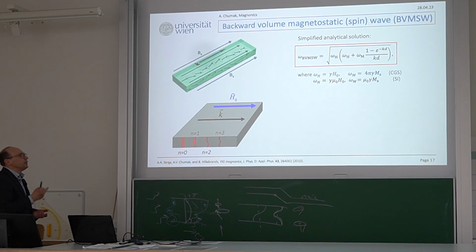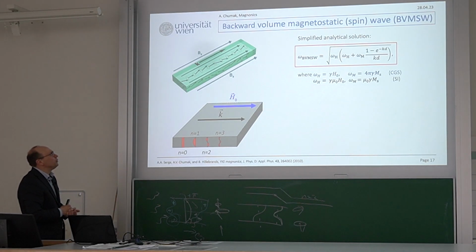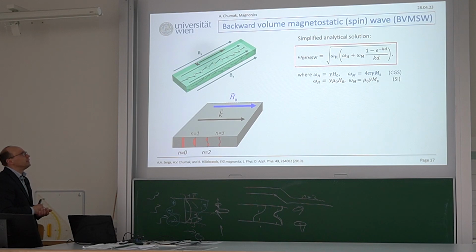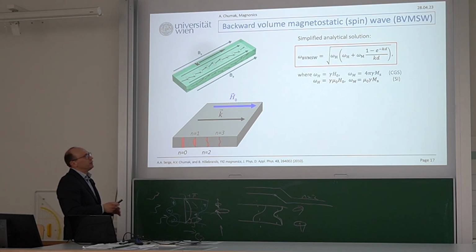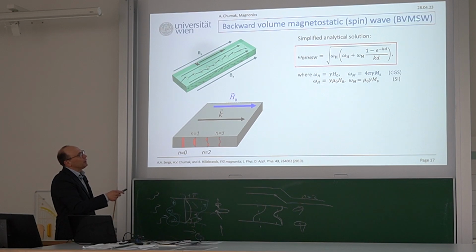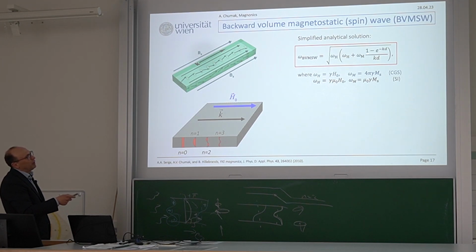Very good wave. In the very first preliminary lecture, we discussed that it has negative group velocity, but also many other interesting physics behind it. So we often investigate the backward volume wave. And again, we don't go from the Walker equation. The idea is the same. You need to write properly the boundary conditions and Walker equations for three parts, and then couple them. But you can use a simplified analytical solution where you see it's 1 minus, so it's somehow similar but different for